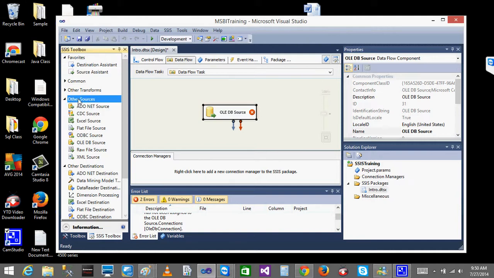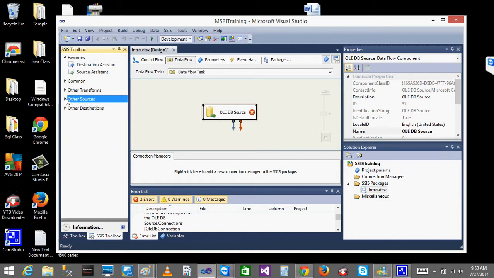You will get these under the Source folder as sources, and under the Destination folder as destinations. Instead of Other Sources, you will have that name as a source, and instead of Other Destinations, you will have that as a destination. You will not have this Favorites folder prior to 2012 versions. So don't get confused. Instead of Common and Other Transforms, you will get both under the Transform folder.